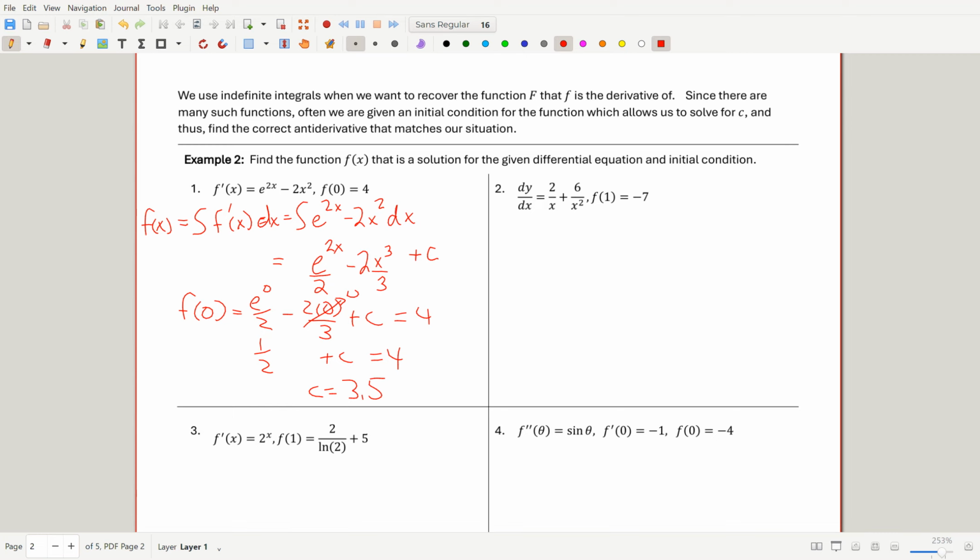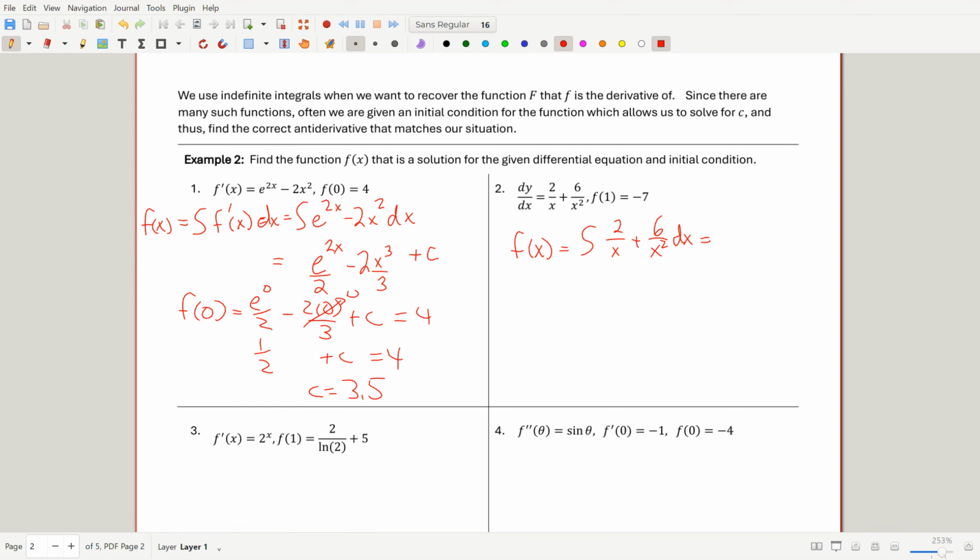Okay, cool. I was looking at this and saying to myself, there's probably a couple extra words here because they put it in dy/dx form, but it's the same idea. A real problem would probably say that f is a function such that dy/dx equals, but you get the idea for this example. We're going to say that our f of x is the integral of 2 over x plus 6 over x squared dx,